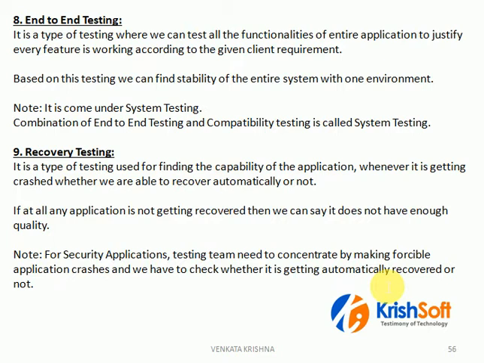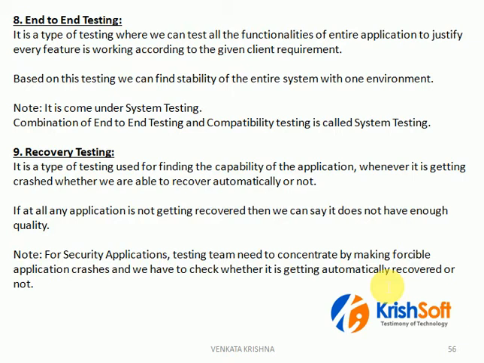It is a part of system testing. In system testing, you need to test each and every flow, each and every functionality end to end, from one end to the other end. For example, you are booking an item on Amazon.com. What is the end-to-end flow? You need to select an item. That item will be added into the cart. Go to view cart, order that item, pay the amount. Then it will be displayed in your account as an ordered item. This is one end-to-end flow.